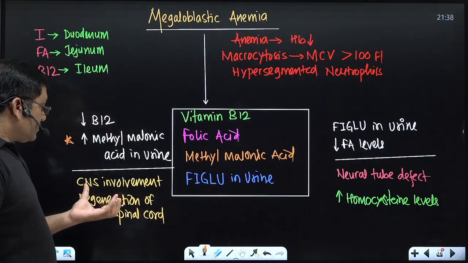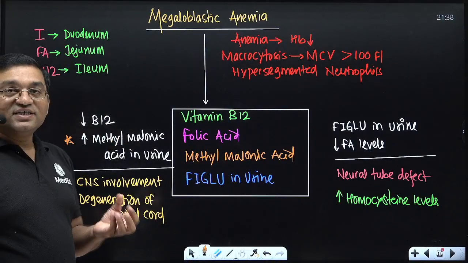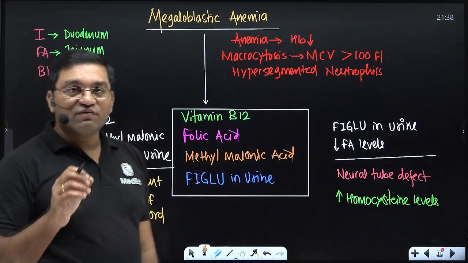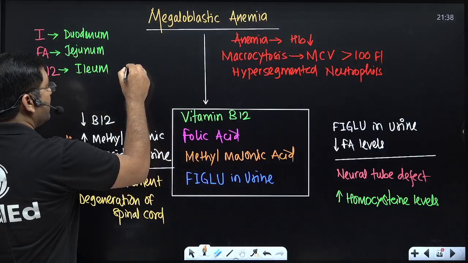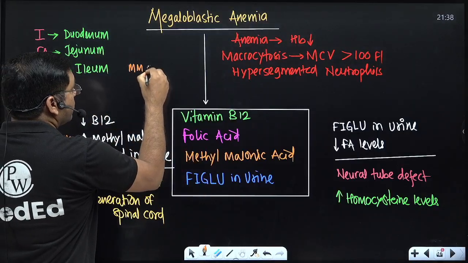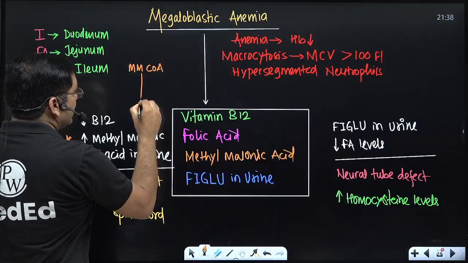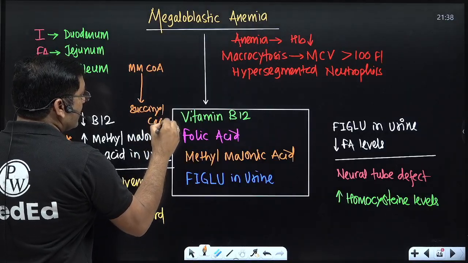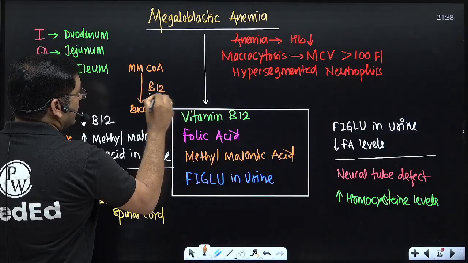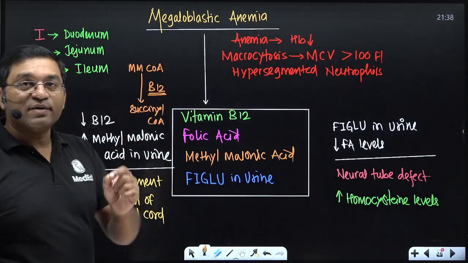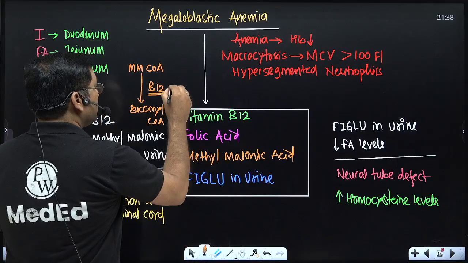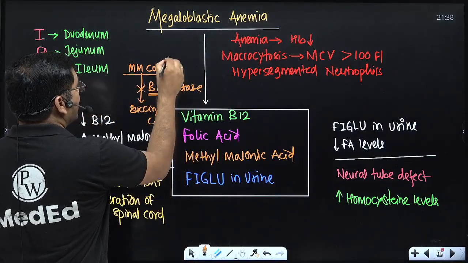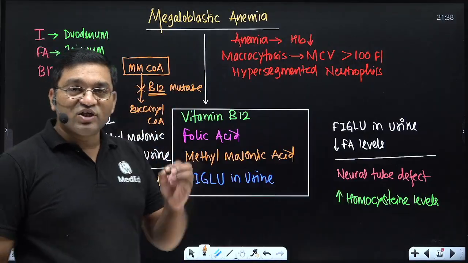Okay, and there is CNS involvement, degeneration of the spinal cord. All of you know that B12 is required for the conversion of methylmalonyl coenzyme A. In this reaction, methylmalonyl coenzyme A is converted into succinyl coenzyme A, and this reaction requires B12. The methylmalonyl CoA mutase enzyme is there. If there is deficiency of B12, there is accumulation of methylmalonic acid, and methylmalonic acid is excreted